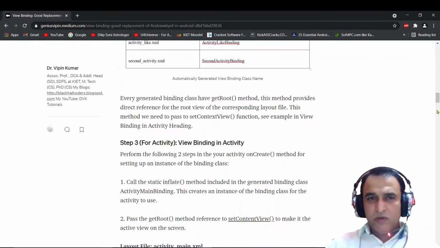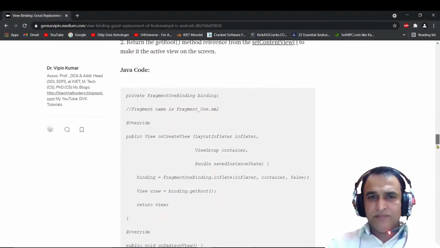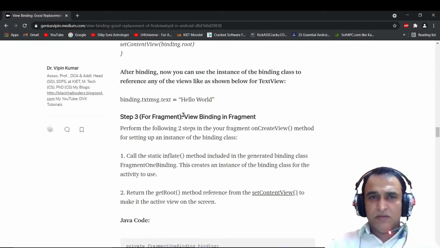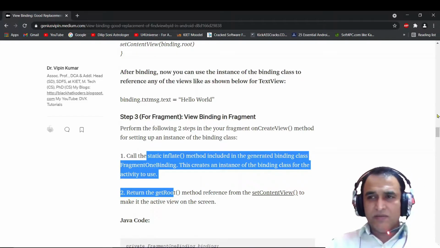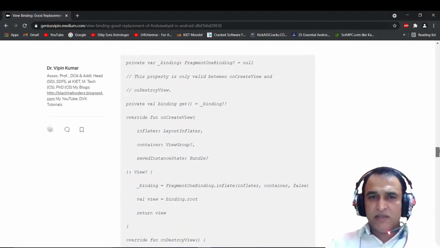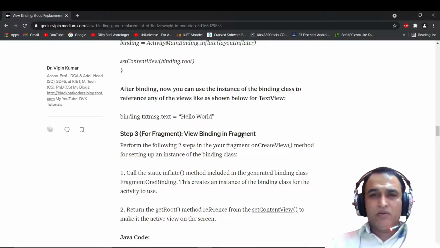If you want to read more about fragments, go to this portion, view binding in fragments. Follow these two steps, the Java code is here and the Kotlin code is here. Just follow these steps and you will be able to use view binding in fragments also.